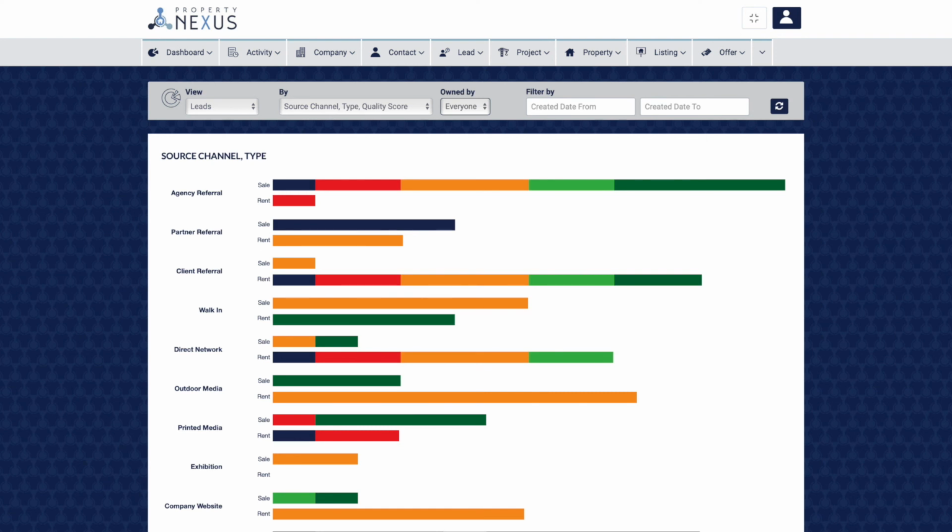The source channel type quality score report shows you the number of sale and rent leads that have come from each source channel and the quality score for each. This gives you a quick snapshot of how well each source channel is working, both in terms of quantity and quality of leads. This can be seen for leads owned by you, your team, or the whole company if you